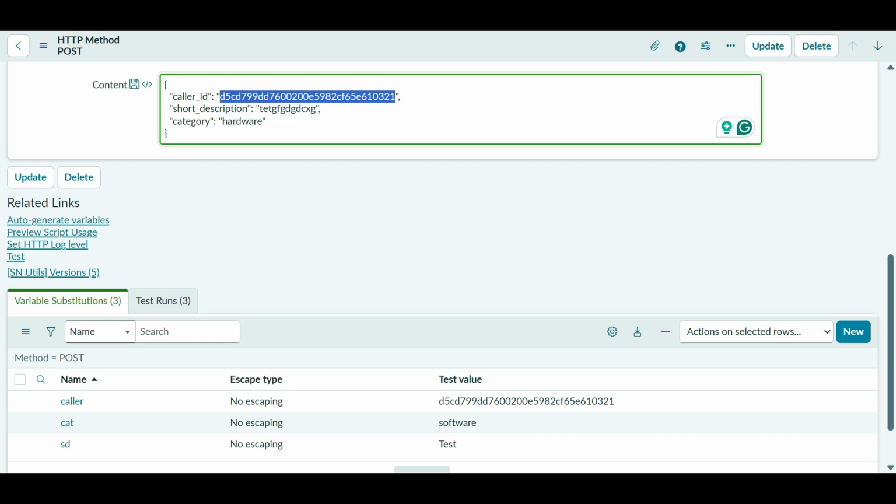So you can directly add this variable, dollar cat, short description, sorry. Here we have to basically do category. Okay,